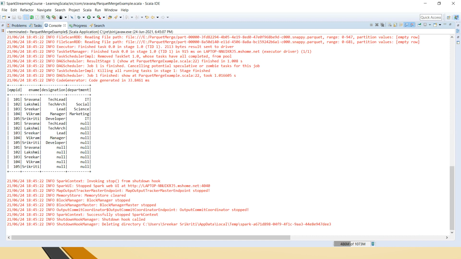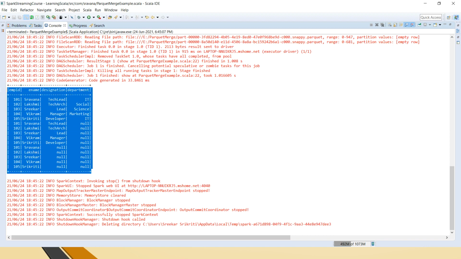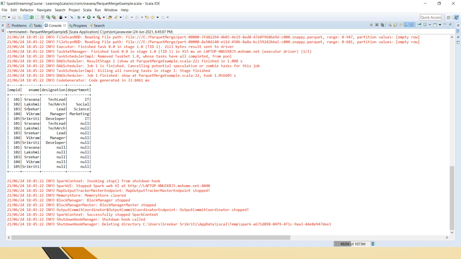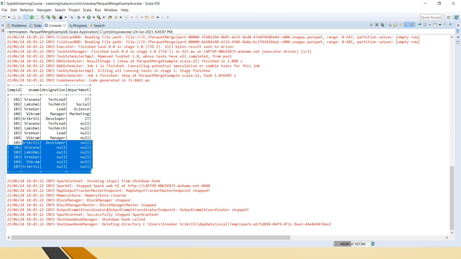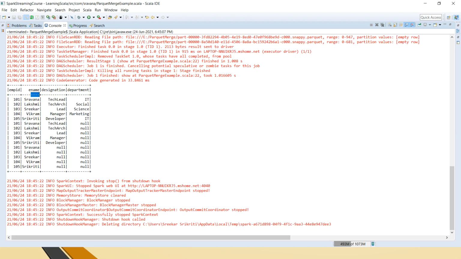If you see here, the first file contains only EMP ID and EMP name, the second file contains only 3 columns, and the third file contains all the columns. Now the final data frame has been created by reading all the files, and it has merged the schema. So now the schema contains all the 4 columns.